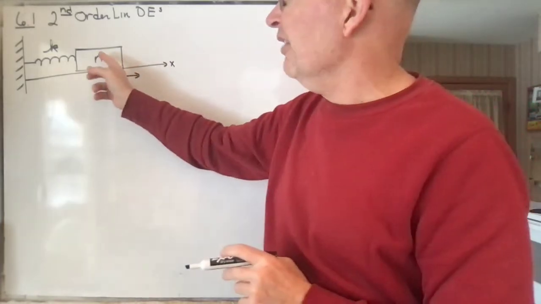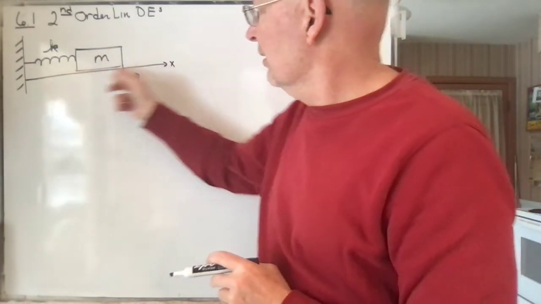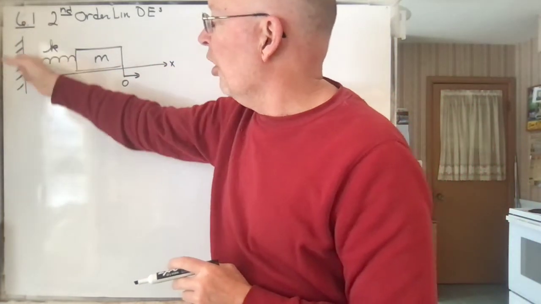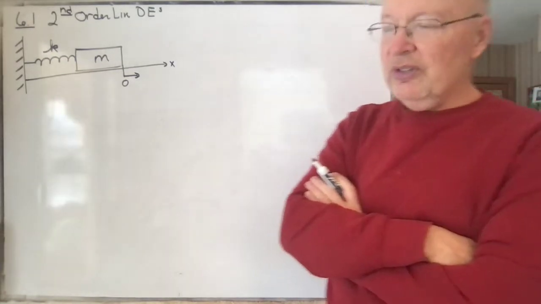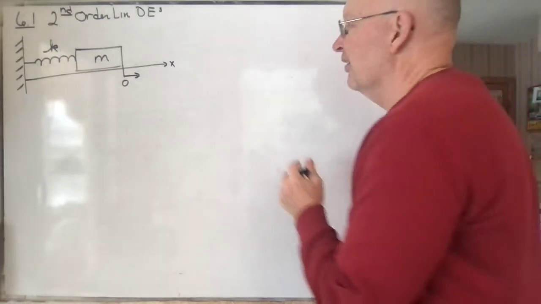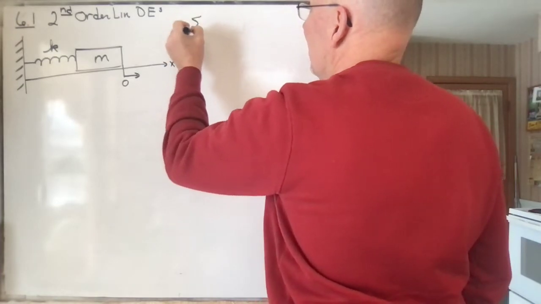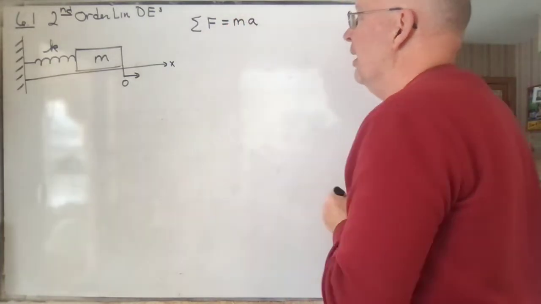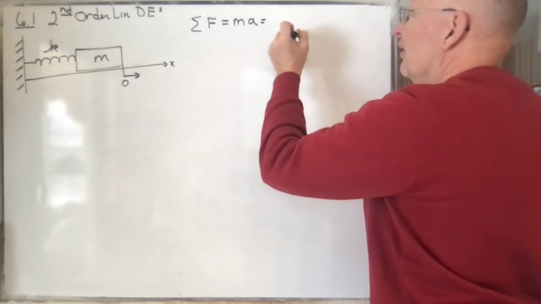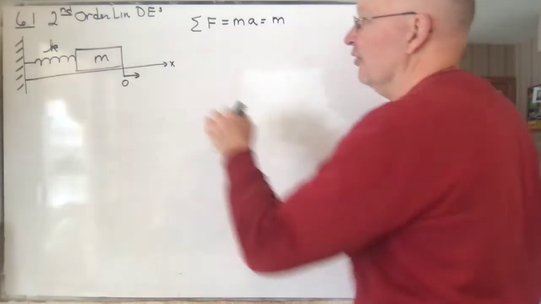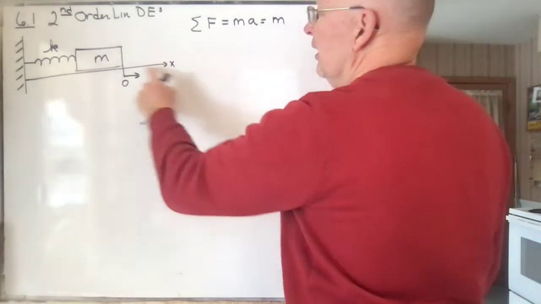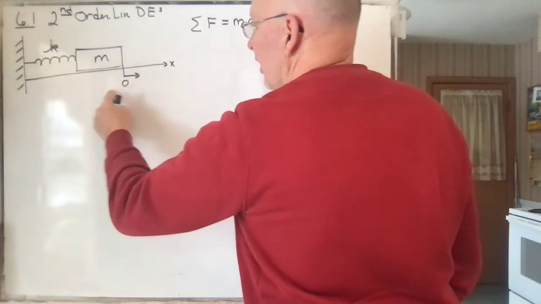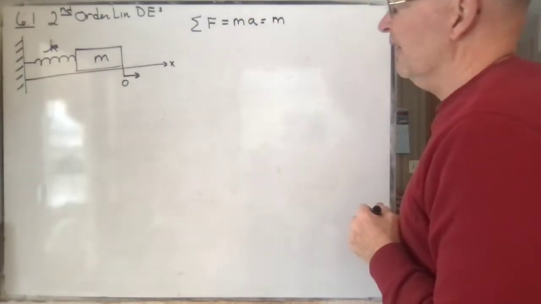So let's start with the simplest example. Let's assume that we have a mass, and this mass is on a frictionless surface, and it's connected by a spring to a wall. So there's the wall. Newton's second law says that the sum of the forces acting on an object is equal to the mass times the acceleration, and the acceleration is the second derivative of the position. So since the position of this object is going to be given by x, where this is the zero value and this is positive in this direction and negative in this direction,